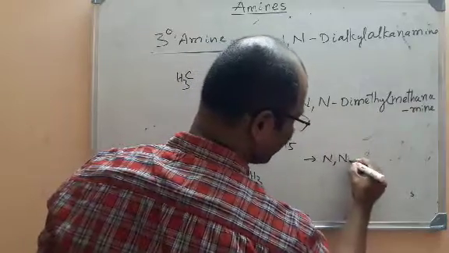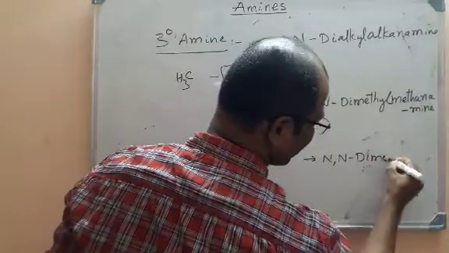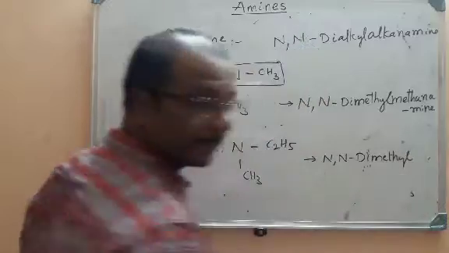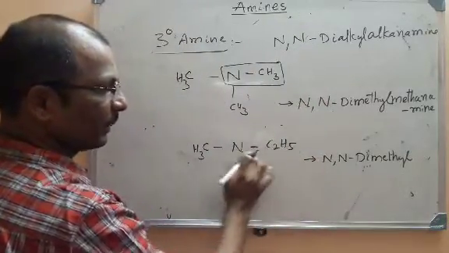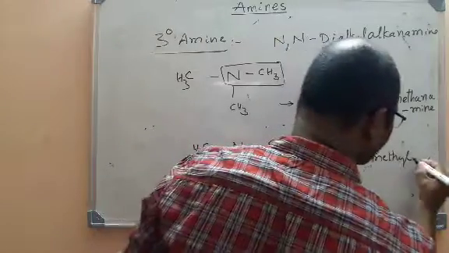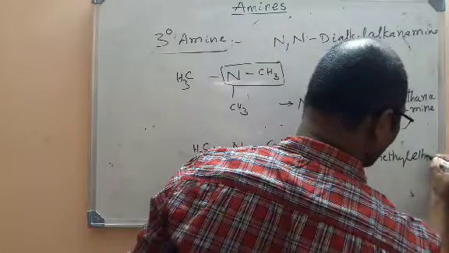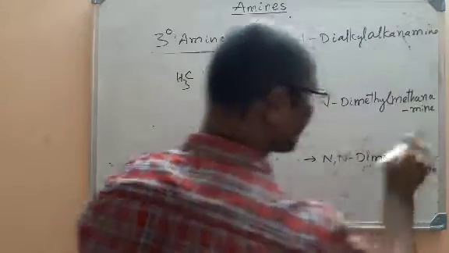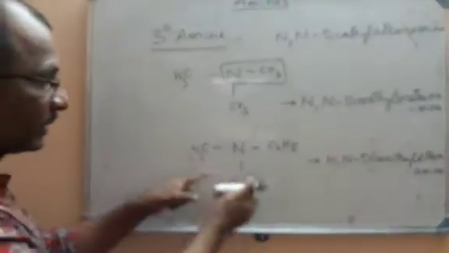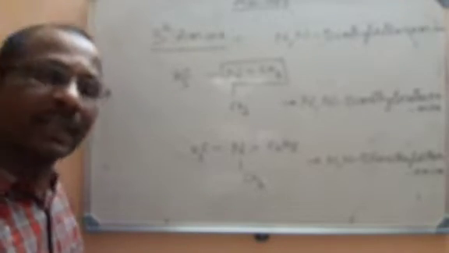So what is the name of it? N, N dimethyl. And what is this parent alkanamine? Ethanamine. So it is N, N-dimethylethanamine. It is a continuation, you should not give any space here. So this is for a mixed type of tertiary amine. For example, if all 3 are different, how do we name it? It is also based on alphabetical order.